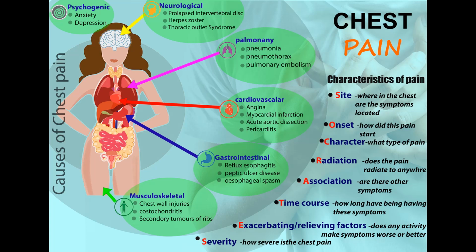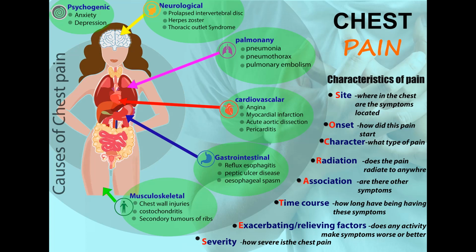Sharp and severe pain can be felt as burning or tightening in the retrosternal region in an intermittent manner, which may radiate to the neck. Chest pain can be associated with dysphagia, regurgitation, and a sensation that an object is trapped in the throat. Esophageal spasm can closely mimic angina. Next, the neurological causes of chest pain. Prolapsed intervertebral discs: here, nerves get compressed and present with pain radiating along dermatomes. Herpes zoster is a common condition following chickenpox. It can cause unilateral and localized chest pain.